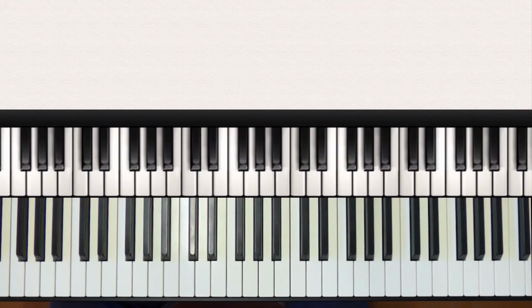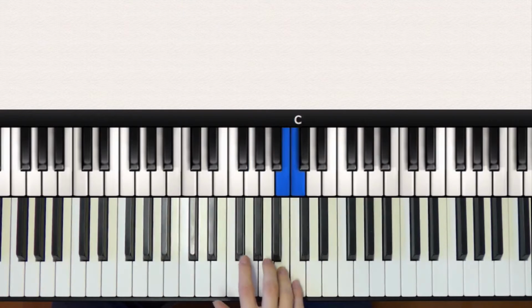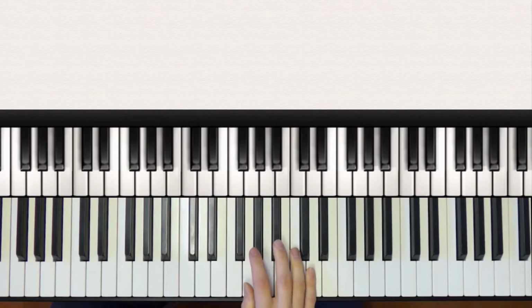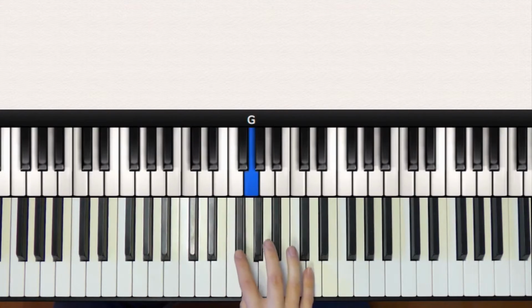So the right hand part is actually very straightforward, and for the first section we're going to break it up into 4 parts. This is how the whole section sounds. So we're just going to work on the first part to begin with, and we'll put it together with the left hand before moving on to the second part. So the first part starts with our thumb on the note G, and then we go